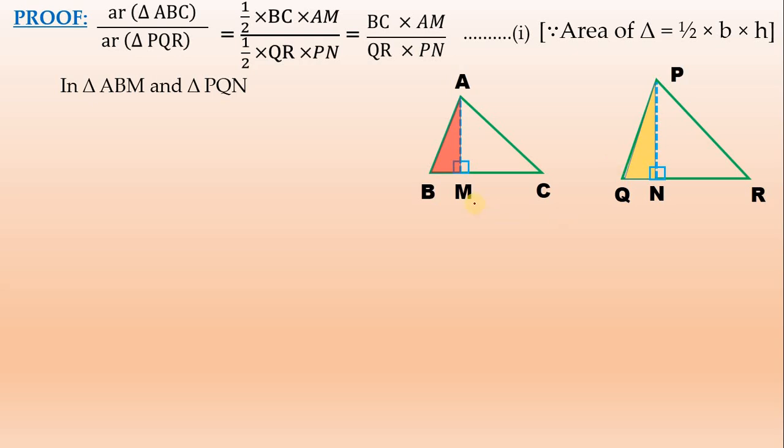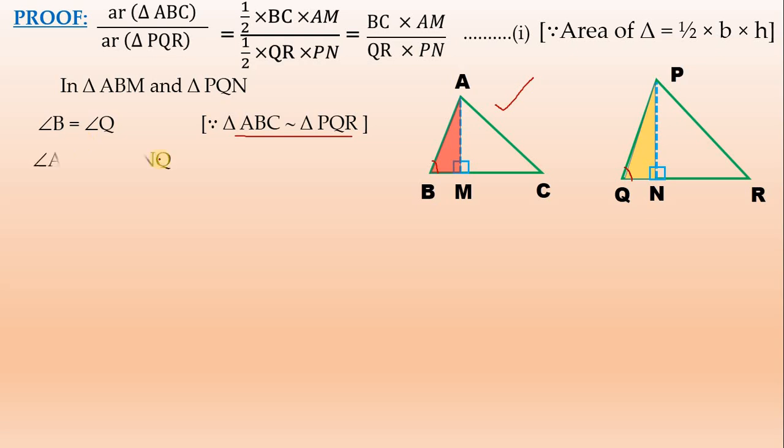Now we can easily show these two are similar because angle B equals angle Q. Can you say the reason? That is, triangle ABC is similar to triangle PQR. This we studied in the given itself. When these two triangles are similar, all its corresponding angles are equal. Hence, B equals Q we are taking.